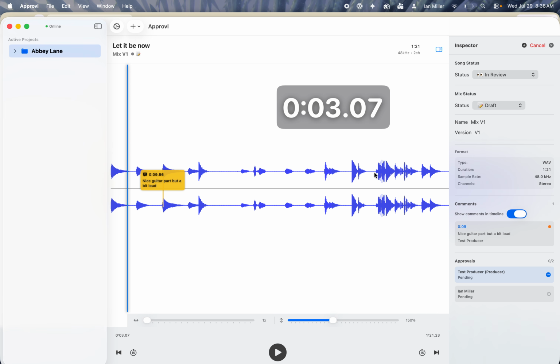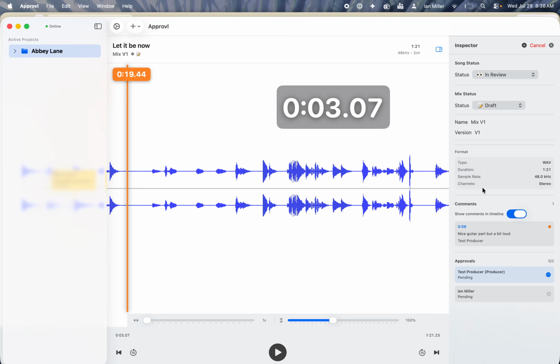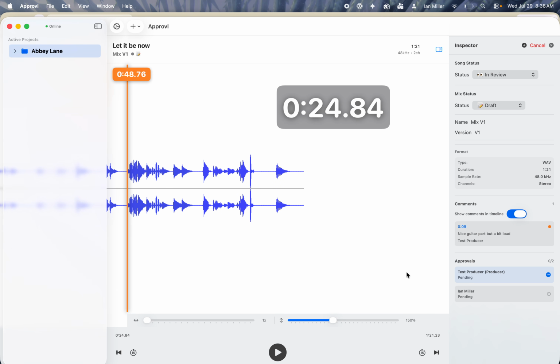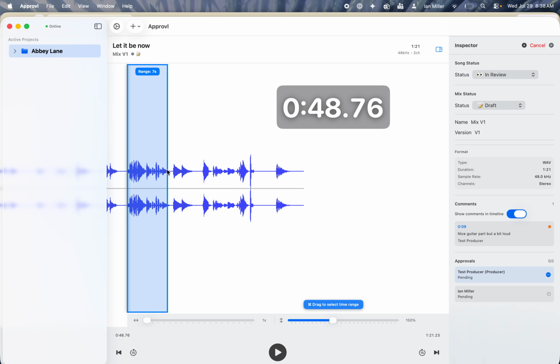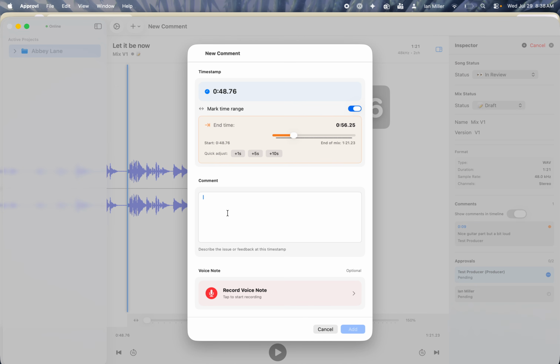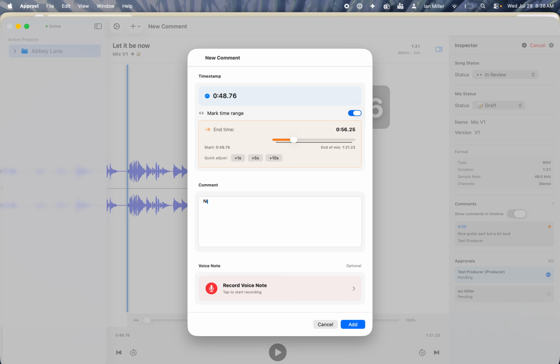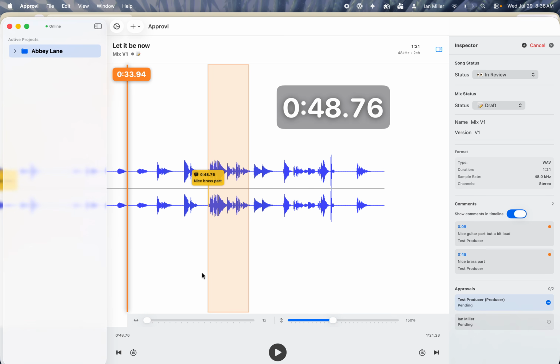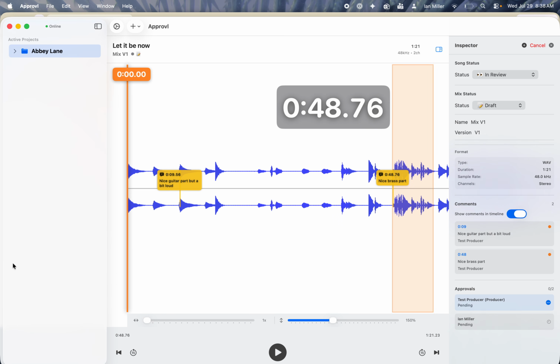If you wanted to say this whole section, for example, was something you wanted to comment on, you can drag the song to that place, hold down on the Mac the command button, or do a long press on the iPad on the timeline, and then you can say, hey, this whole section has a comment. And you can say nice brass part or whatever it is you want to comment. And then you've got all of these comments associated with the song,